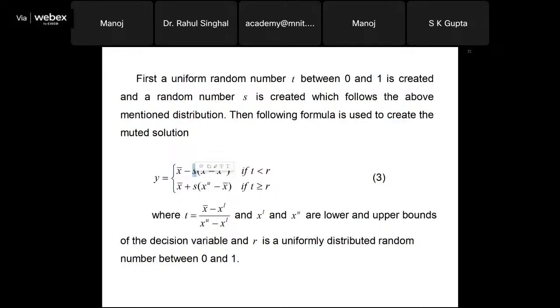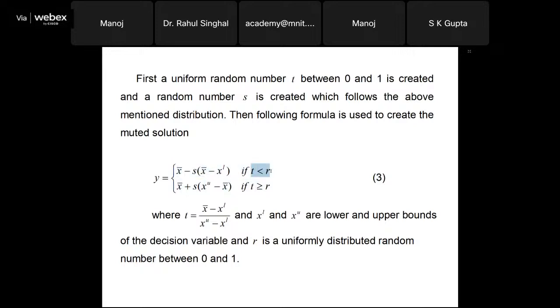S is a random number which follows the power distribution, and x bar minus xl is the extent by which you are floating. You see that x bar minus xl is a positive value because x bar lies between xl and xu, and here also this is a positive value. So essentially this whole formula subtracts something from x bar, and here we are adding something to x bar. So in totality, we are giving perturbation either towards the right side or to the left side,